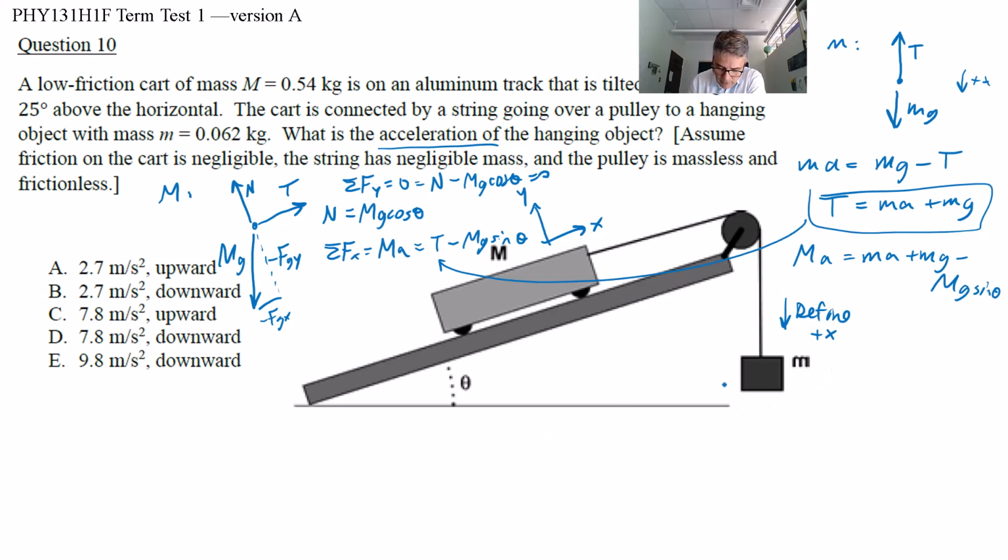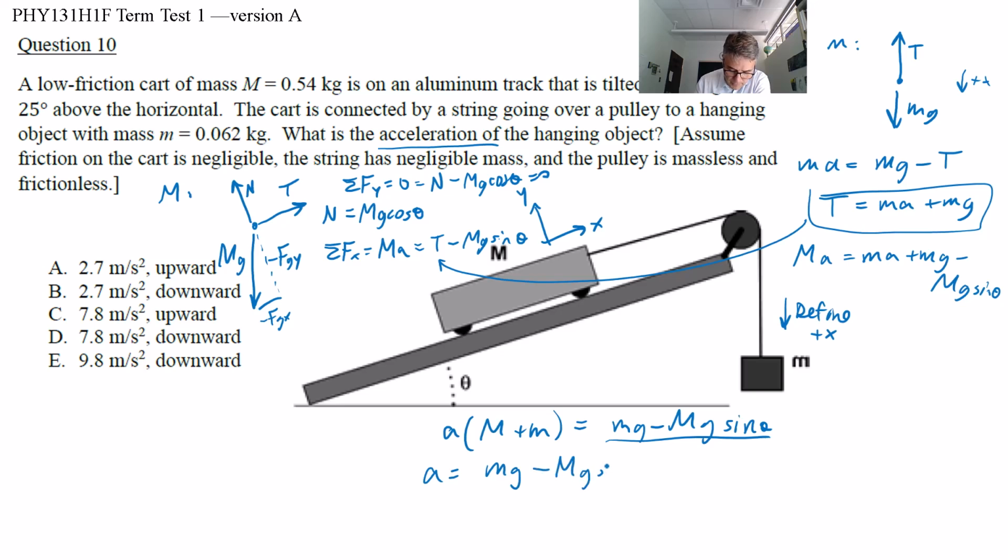So I've got the acceleration times capital M plus little m is equal to little mg minus capital M g sine theta. And then so acceleration is just little mg minus capital M g sine theta, all divided by capital M plus m. So it's going to be the hanging mass is